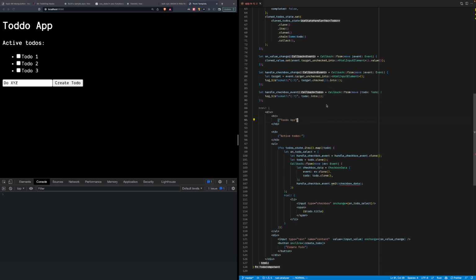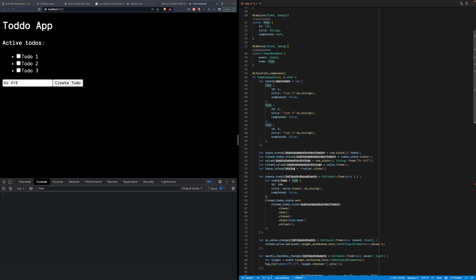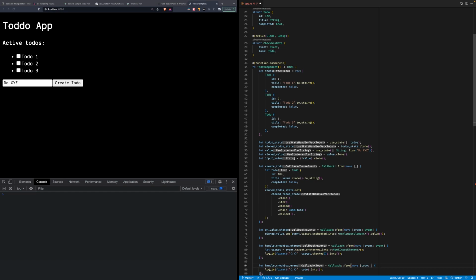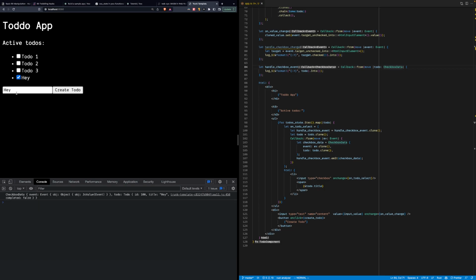Expected struct. Okay. We'll do checkbox data, and what? It works? Really? Oh, it works. Wow. That's crazy.